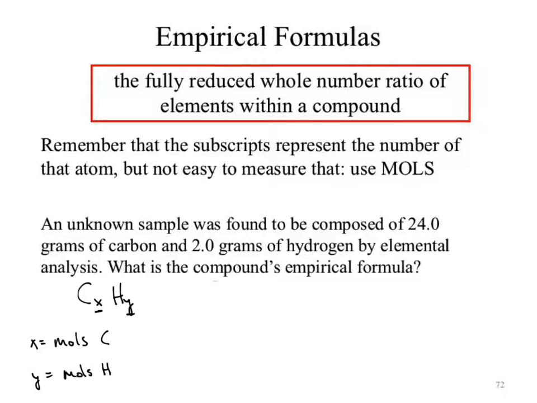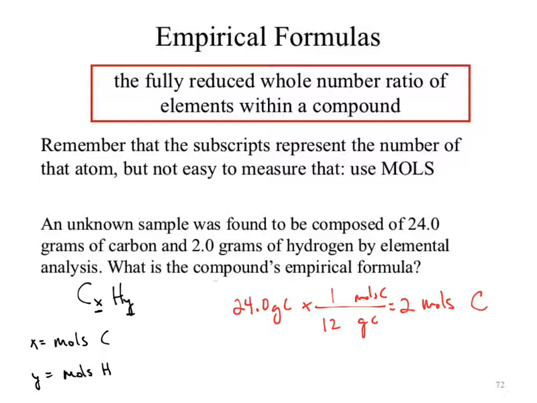So the first thing, let's solve for moles of carbon. What am I given to start with as far as the carbon goes? Given 24.0 grams of carbon. That's not the same thing as moles of carbon. How do I do that conversion? Use the periodic table. 12 grams of carbon is 1 mole, and I would get